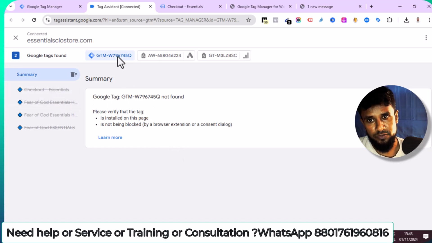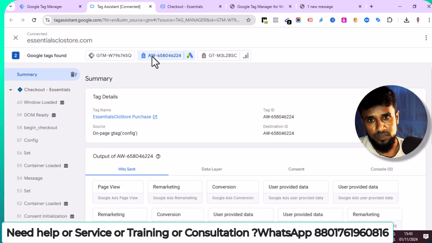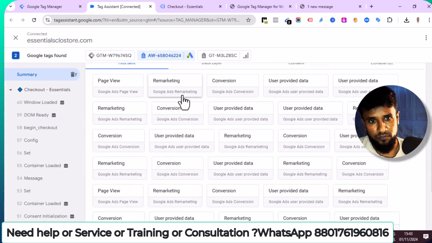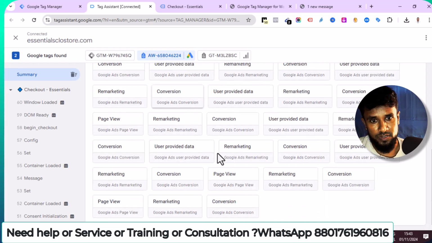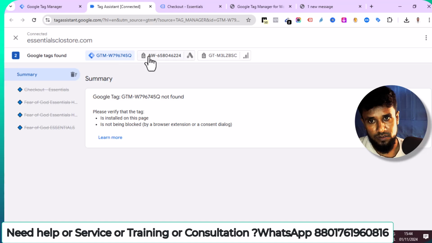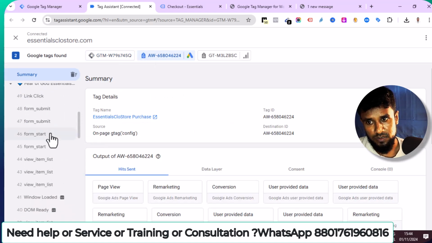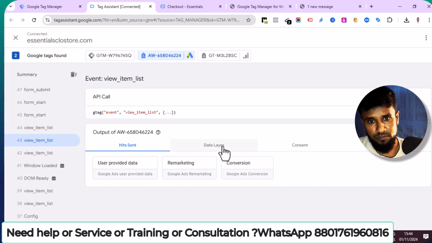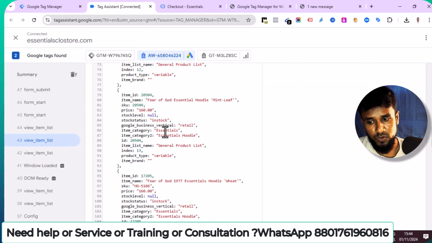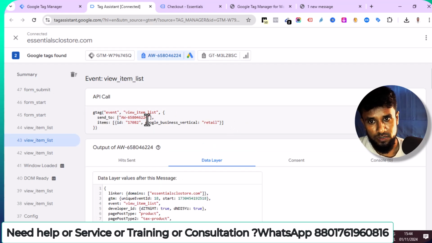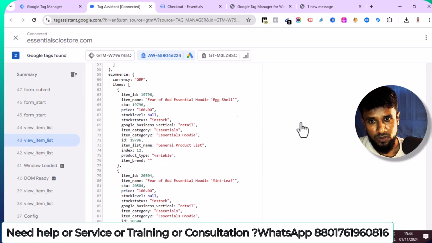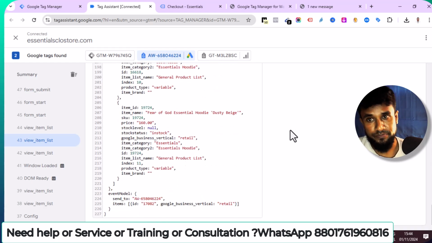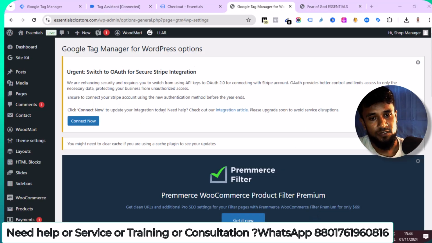And also here you can see GTM is not found. Just try once. Remarketing, and if the view item, this data layer is enabled. Okay, and also the API call is enabled. I think the data layer is enabled now. Here you can see. So in this way you can enable the data layer very